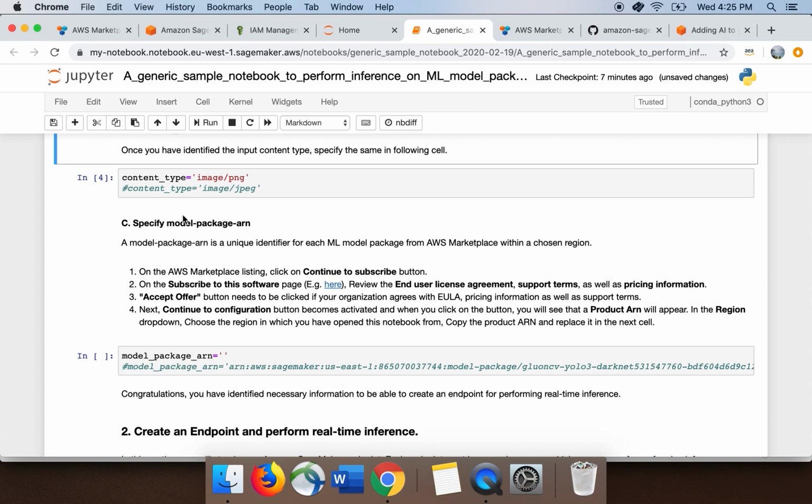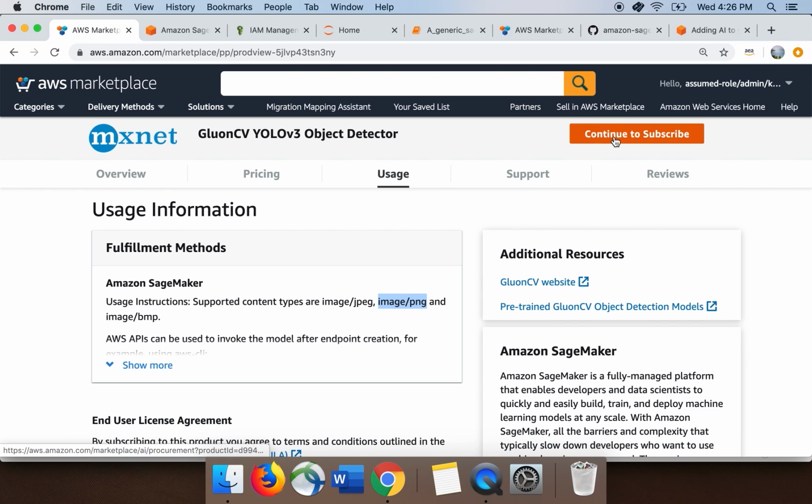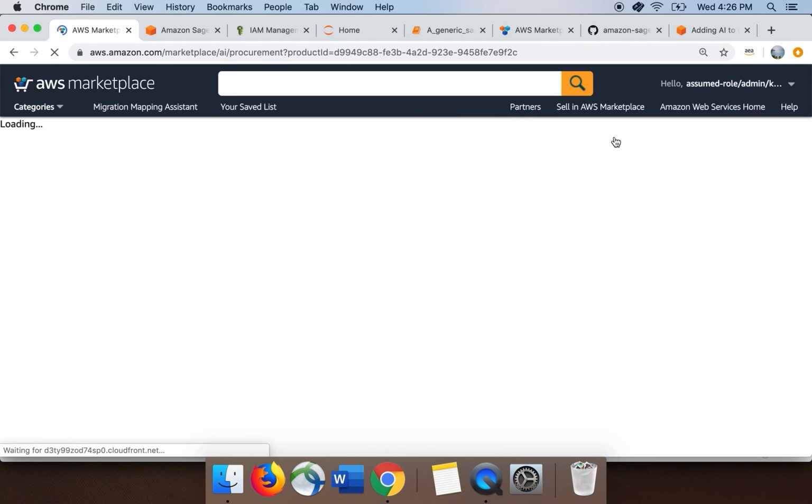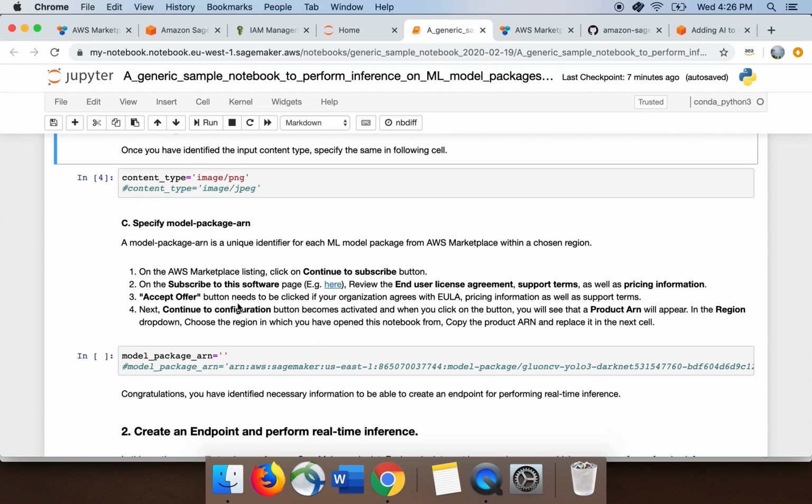The next step is to identify the model package ARN. A model package ARN is a unique identifier for each machine learning model package from AWS Marketplace. So it says that you go back to the listing and click on continue to subscribe button. So I'm going to click on continue to subscribe button. And then next,